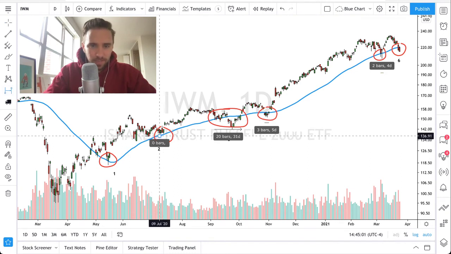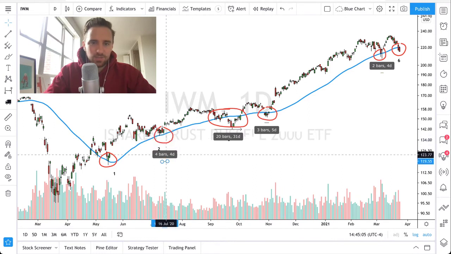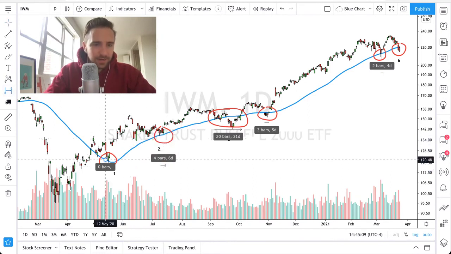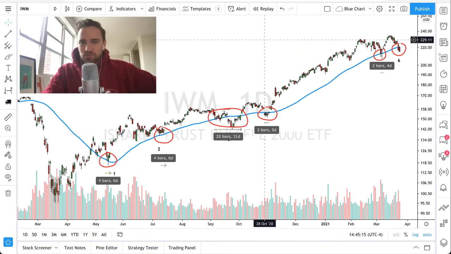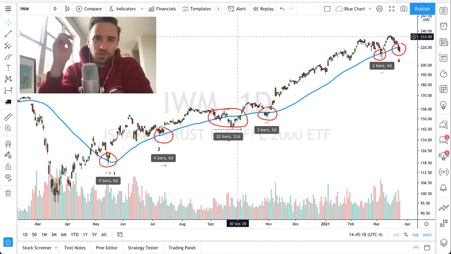Tested it here, broke out to new highs here. That's 6 days. Let's just move this down here. And then it tested it here, broke out to new highs about there. That's another 6 days. So this is a really rough way to backtest, but if you're trying to trade off